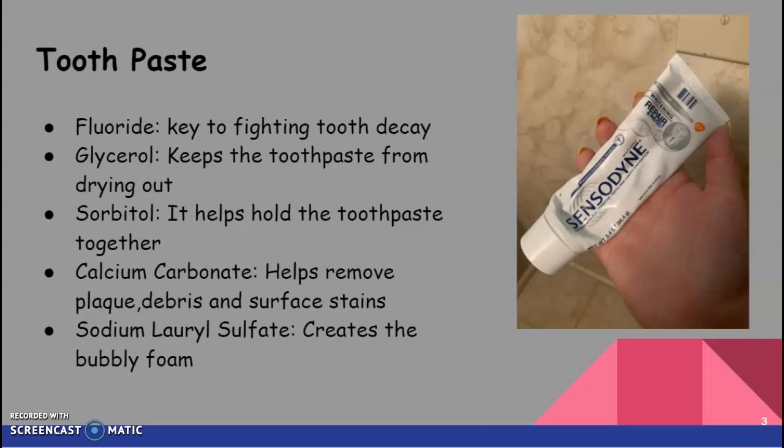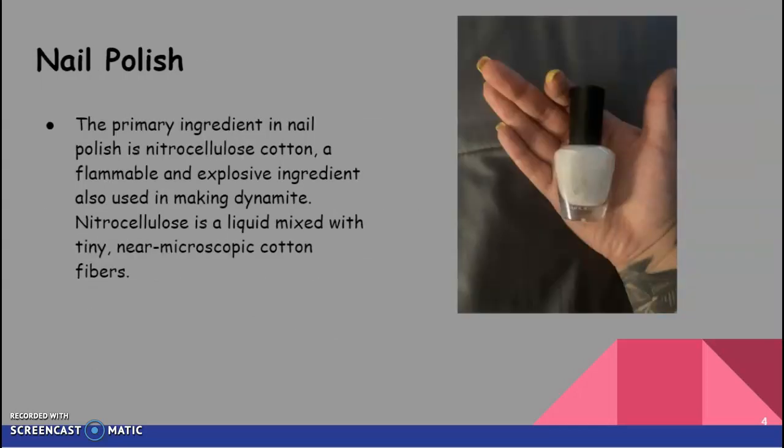Next up in the presentation would be nail polish. The main ingredient that I was able to find was nitrocellulose cotton. This is a flammable ingredient also used for explosives, which was all I was able to find with nail polish. There wasn't much information that